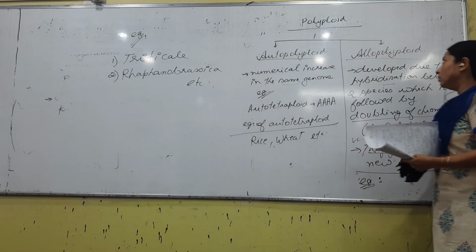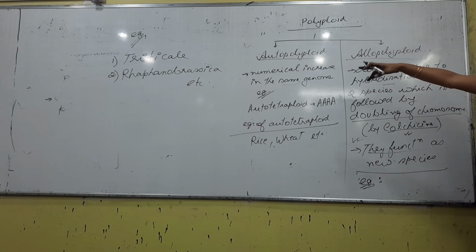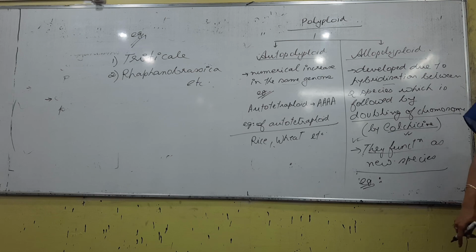Okay, if you are talking about allopolyploidy, we have to cross two parents. Two different plants would be crossed, and that product, two examples: triticale or raphanobrassica. Raphanobrassica we will not discuss now, but triticale we have to know. Offspring of what? Wheat and rye, Triticum aestivum and sickle cereal, right?